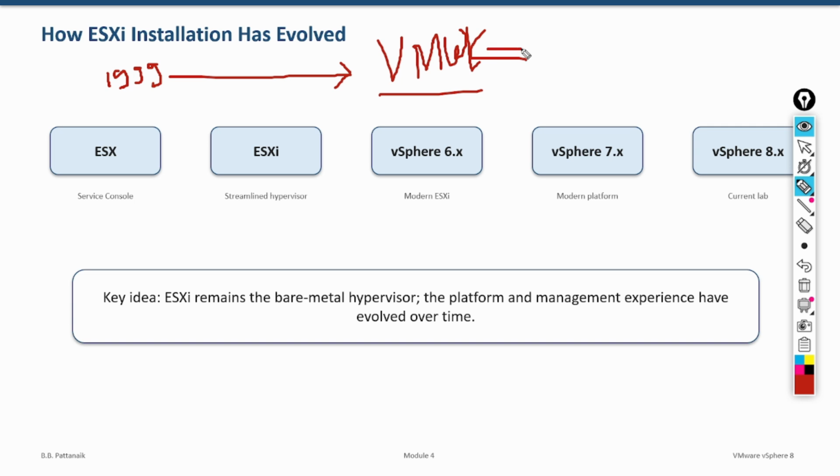So VMware Workstation we can use to install multiple operating systems. In 2001,